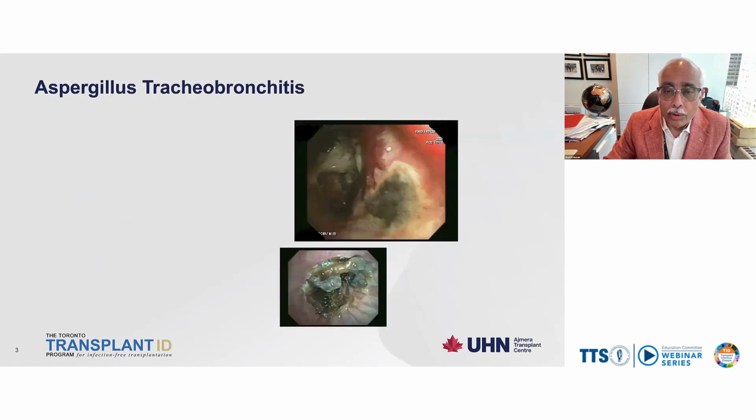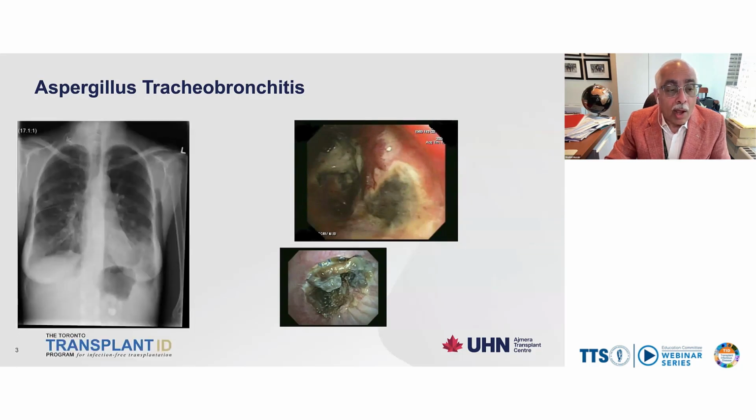When the bronchoscopy was performed, you can see the bronchoscopist saw the dusky appearing tracheal area with some protrusion of the material. And in the second picture on the bottom, you can identify the stitches. So it is not only bronchial anastomotic infection, but it is also extending below the bronchial anastomosis. And the X-ray that was done before the bronchoscopy was essentially normal.